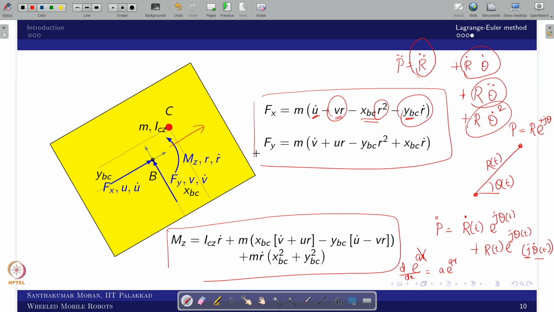Now we can see whether the same equation can be obtained by the other method, because I told you there are two popular methods. One method gave this equation; will the other method give the same thing or not? This is what we are going to cover in lecture 11 part 2, where we address the other method, which is nothing but the Newton-Euler method, where we merge the Newton equation and the Euler axiom and derive the same equation of motion, to see whether we get it or not. That is what we are trying to see in lecture 11 part 2.